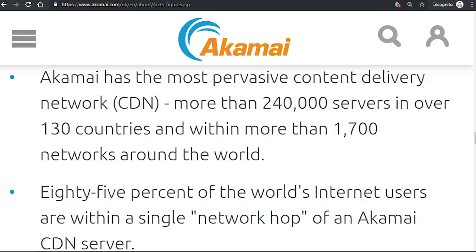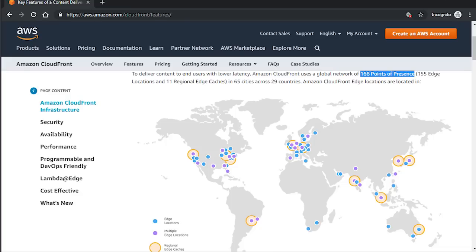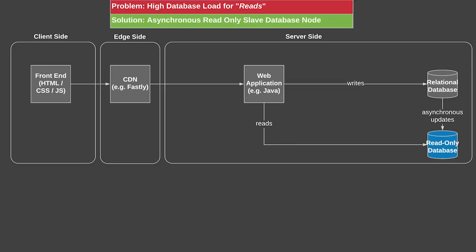So Akamai, I think, has over 1,600 locations, and other CDNs like Fastly have less than Akamai, but they still do have a huge presence all around the world. So the travel time for the request to go from the client all the way to your backend server doesn't need to happen.